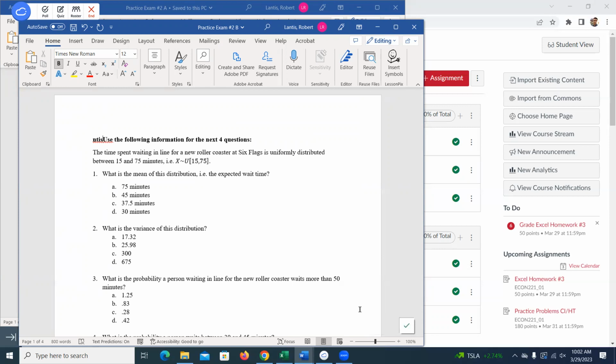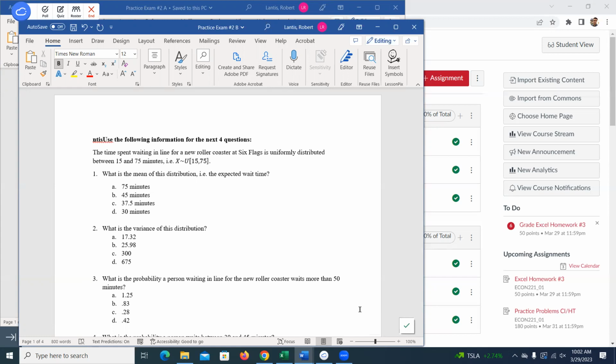Okay. Any questions for me other than that before we get started here? Yeah, just for clarification, you said the first section of the assignment was mostly to do with the norm.dist function. Yep. So in the first part, you're just calculating mean and standard deviation. And part B is where